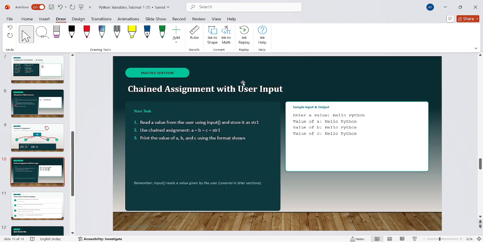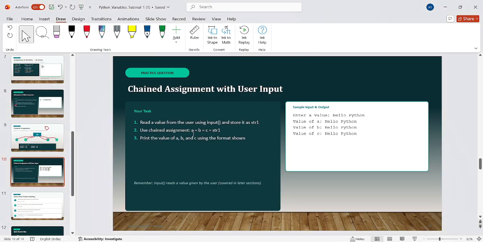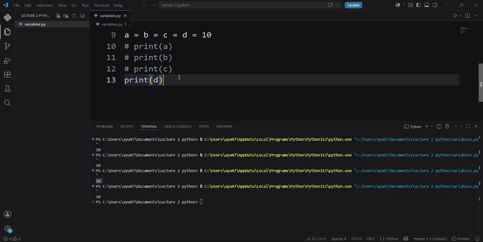चेन असाइनमेंट विद यूजर इनपुट मैंने आपको कराया नहीं है, तो इसको हम लोग देख सकते हैं एक बार अपने तरीके से। एक मिनट, मैं आपको दिखाता हूँ। यहाँ पे लिख देते हैं, what I have written here. यहाँ पे हमने लिखा है रीड अ वैल्यू, इसको छोड़ दीजिए। ए बी सी इज इक्वल टू स्ट्रिंग वन। वैल्यू हम लोग को डालना है हेलो पाइथन। आउटपुट में हम लोग को मिलना चाहिए ये वैल्यू ऑफ ए इज इक्वल टू हेलो पाइथन। बी का भी वही, सी का भी वही।